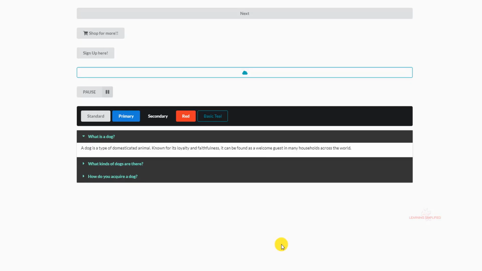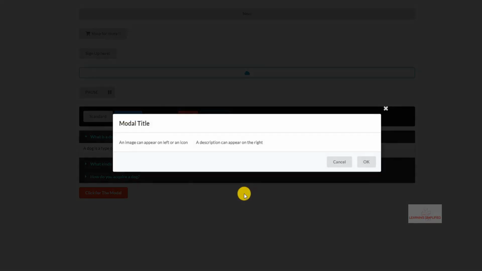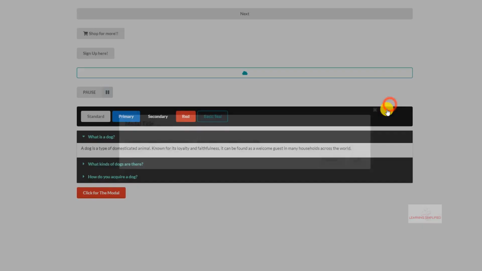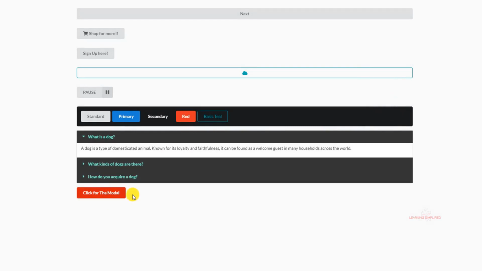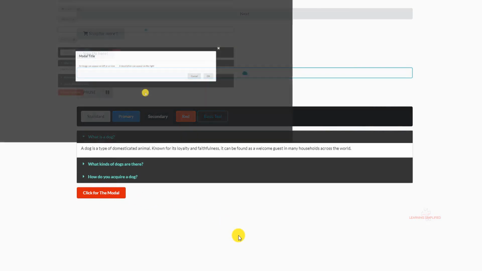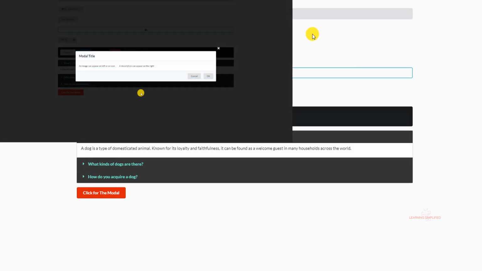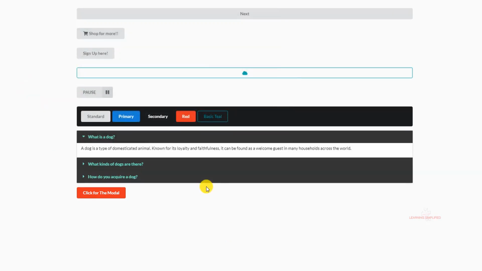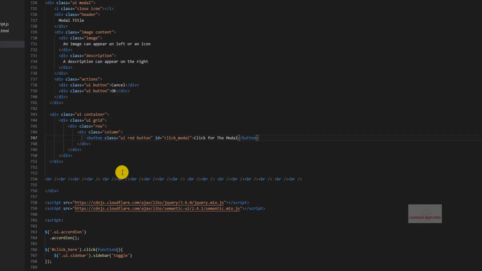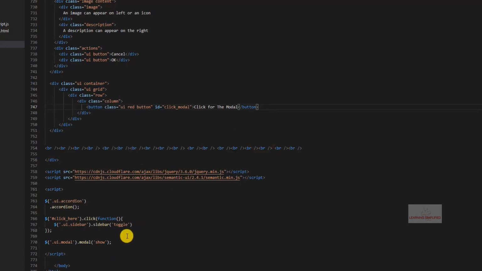First of all, let's head back to our project and reload to see whether it is appearing or not. So we can see the modal box that we have created, the button, on clicking which the model is supposed to appear on our page, and on clicking anywhere outside this modal dialog box, the modal dialog box should disappear again. But right now we can see that nothing works because we haven't mentioned what should be done with this button. We haven't defined it yet in the code that we had created here.